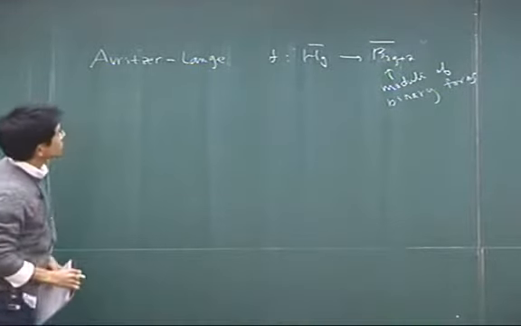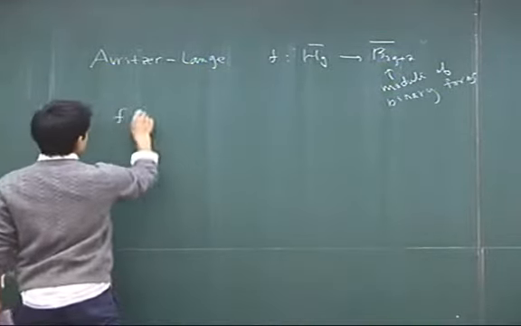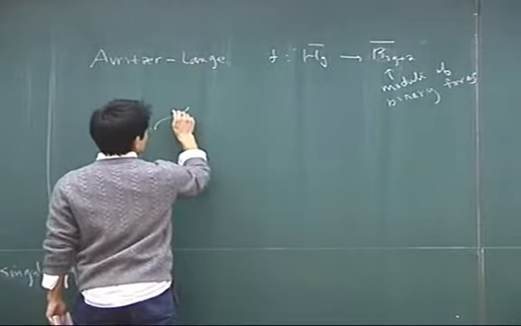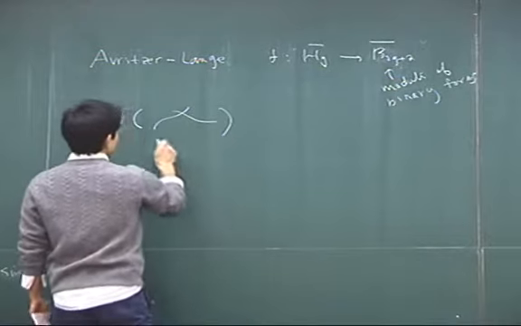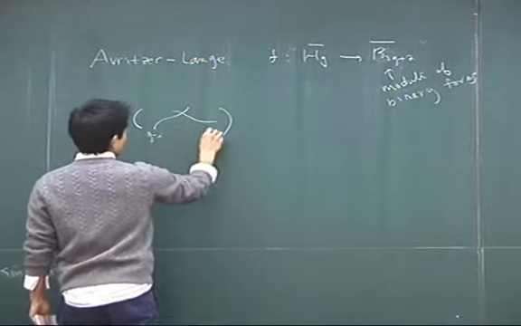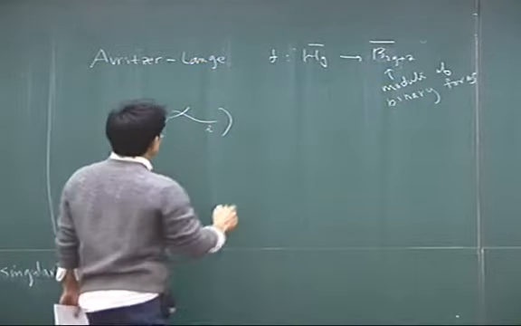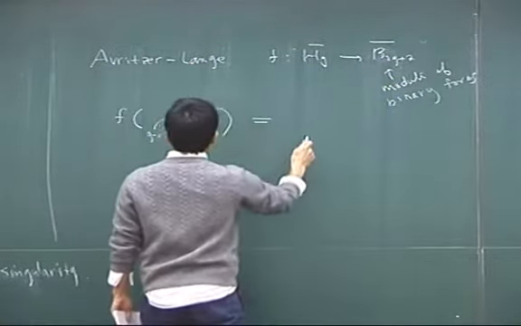And what this does is it maps this stable hyperelliptic curve, genus g minus i, and this is a Weierstrass point. And that gets mapped to